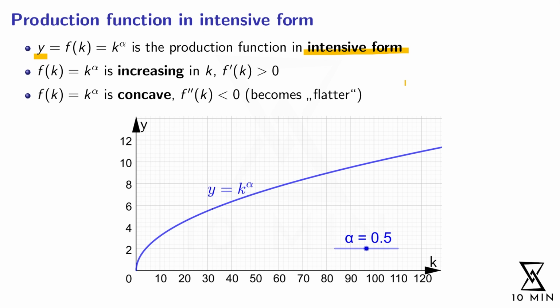And this production function has the following properties that in the end come from the properties of the aggregate production function that we discussed before. On the horizontal axis, we have the amount of capital per person, and on the vertical axis, we have the income per person. And here I picked alpha equal to 0.5. In other words, in our case, the income per person is simply the square root of the capital per person. For example, if you have 100 units of capital per worker, then the square root of that is 10 units of income per person.